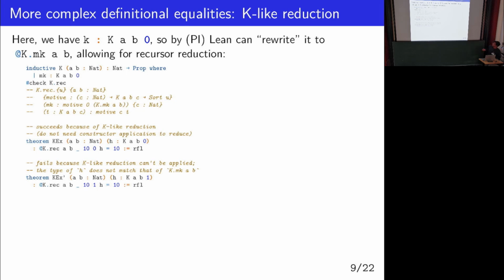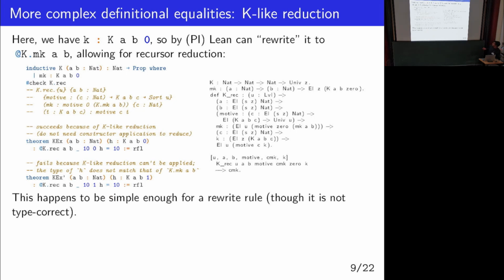So in this example, we have something of this k type. And its type here matches the type that we'd expect from its constructor. Therefore, we're able to rewrite this recursor without needing an explicit constructor as the major premise here. We can just rewrite it immediately with just this variable. But in this example, this one actually does not work, because this type over here uses 1 instead of 0, so it doesn't match our expected type here. So this one would not work in Lean.